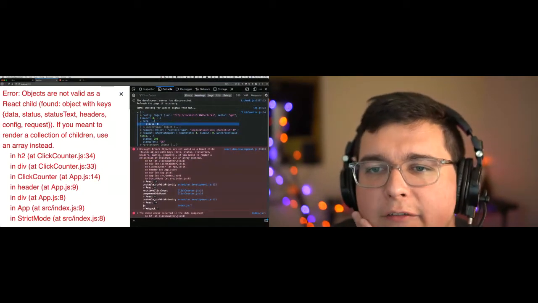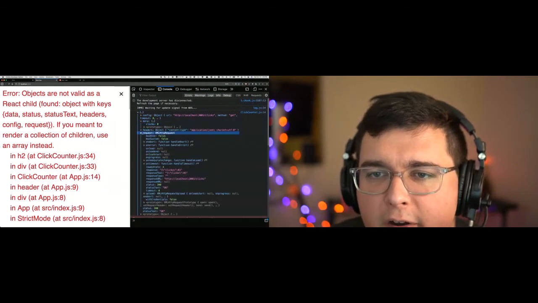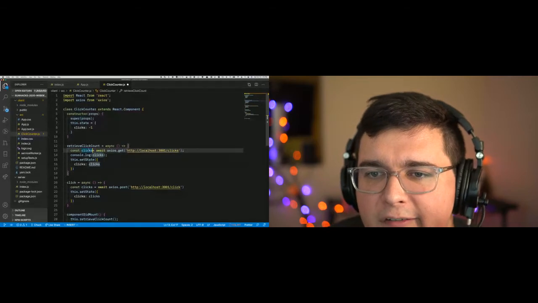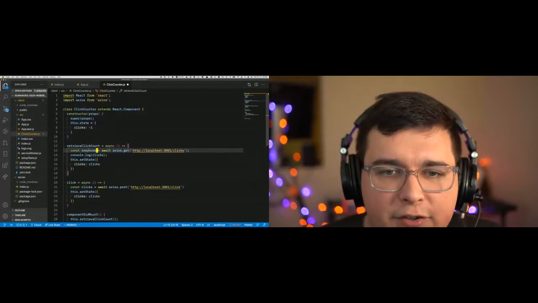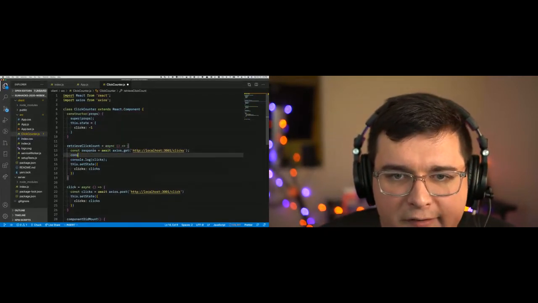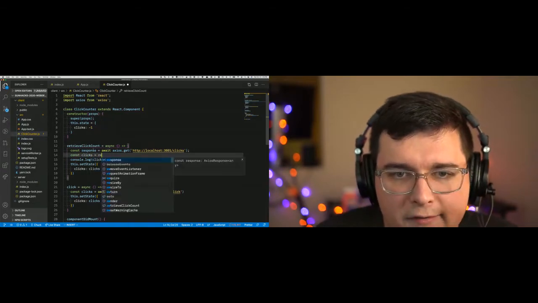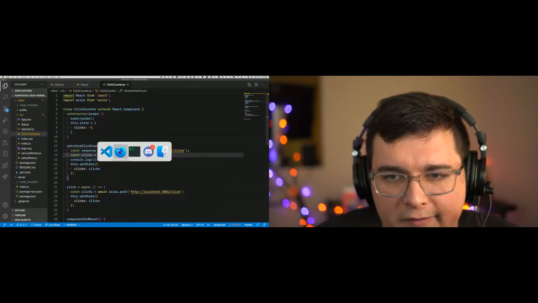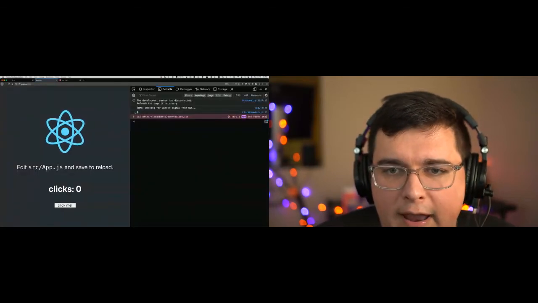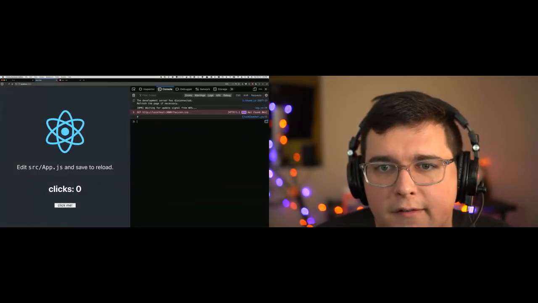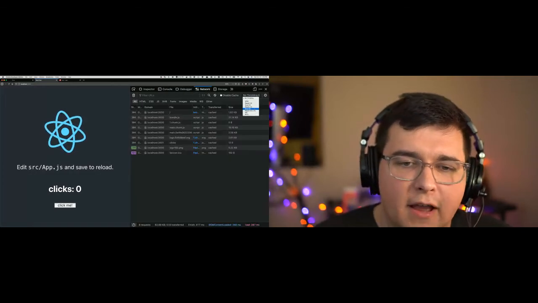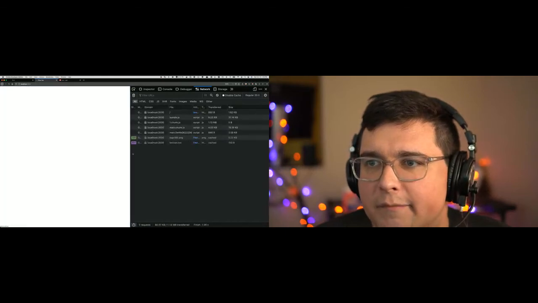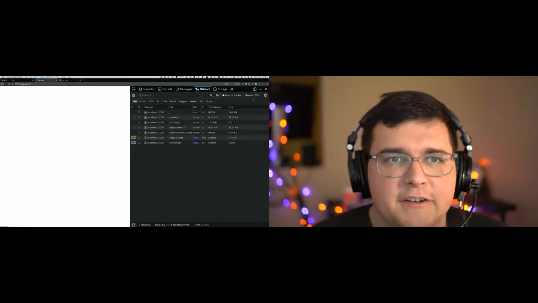We've got our data, which is what we returned from our server, and then we've got information about the headers, information about the request, and some status. Point being, we actually need to do something like this: const clicks equals response.data.clicks. There we go. So now when we make this request, 0. Perfect. So that worked. It's a little hard to see because my internet is fast, but let's slow it down a little bit. If I refresh this page,